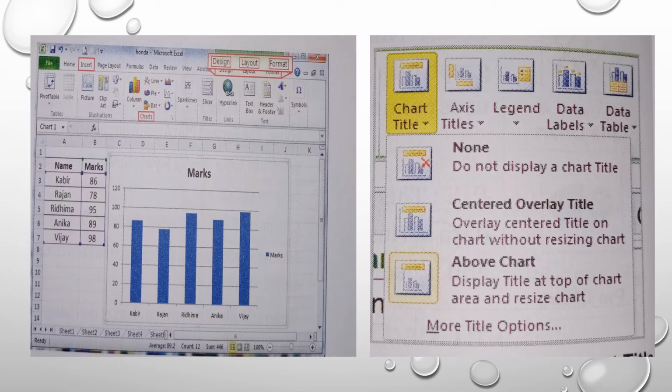The three tabs named Design, Layout and Format appear under the Chart Tools category on the ribbon. These tabs contain the options for editing and formatting the chart. Select the desired layout from the Chart Layouts group on the Design tab and observe the changes.